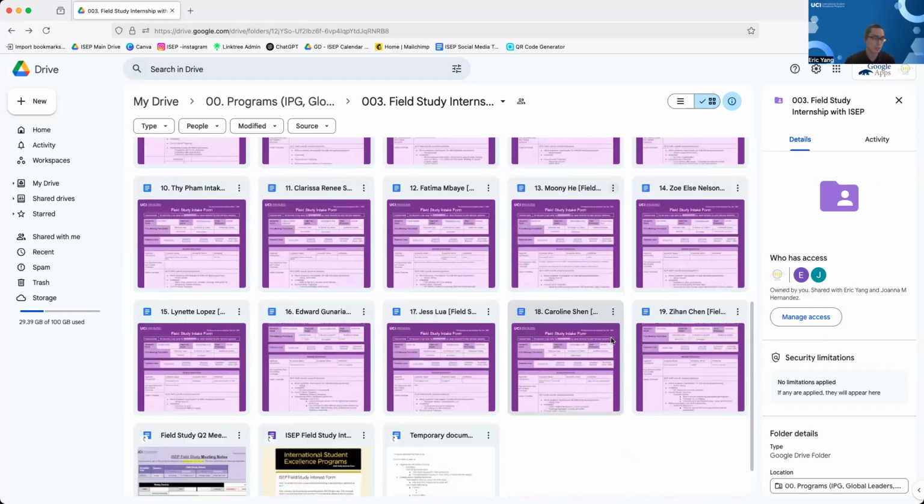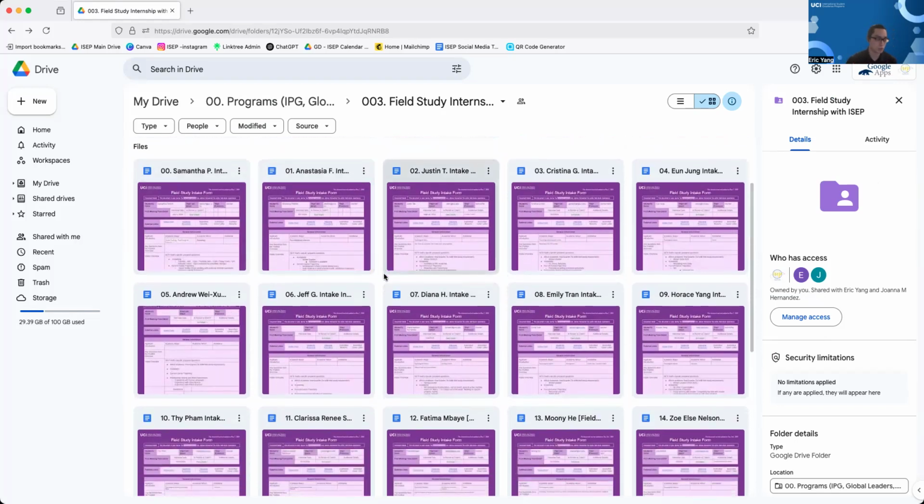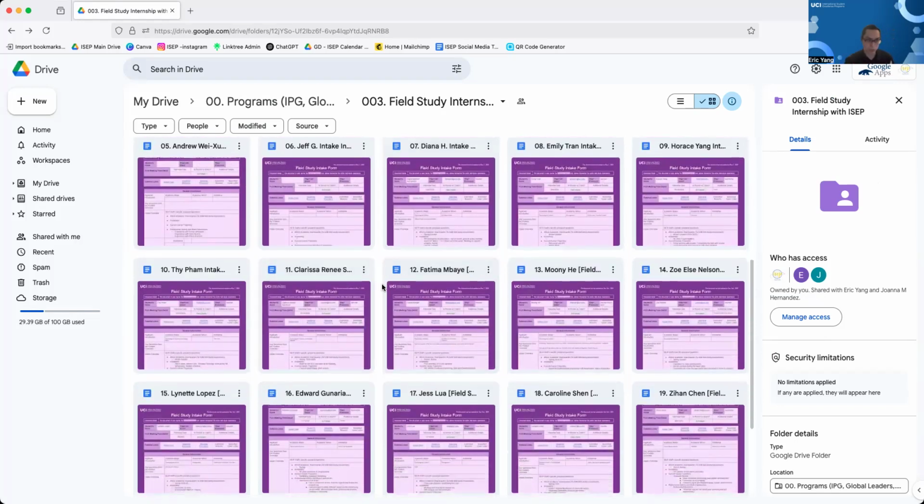So these are the intake requests. Obviously we only choose one or two, and recently we're going to be choosing three field study interns to join our team. Otherwise, we interview a lot of students, and they have to meet certain criteria in the email, and then they get the opportunity to be interviewed, and from then on they get either accepted or denied.